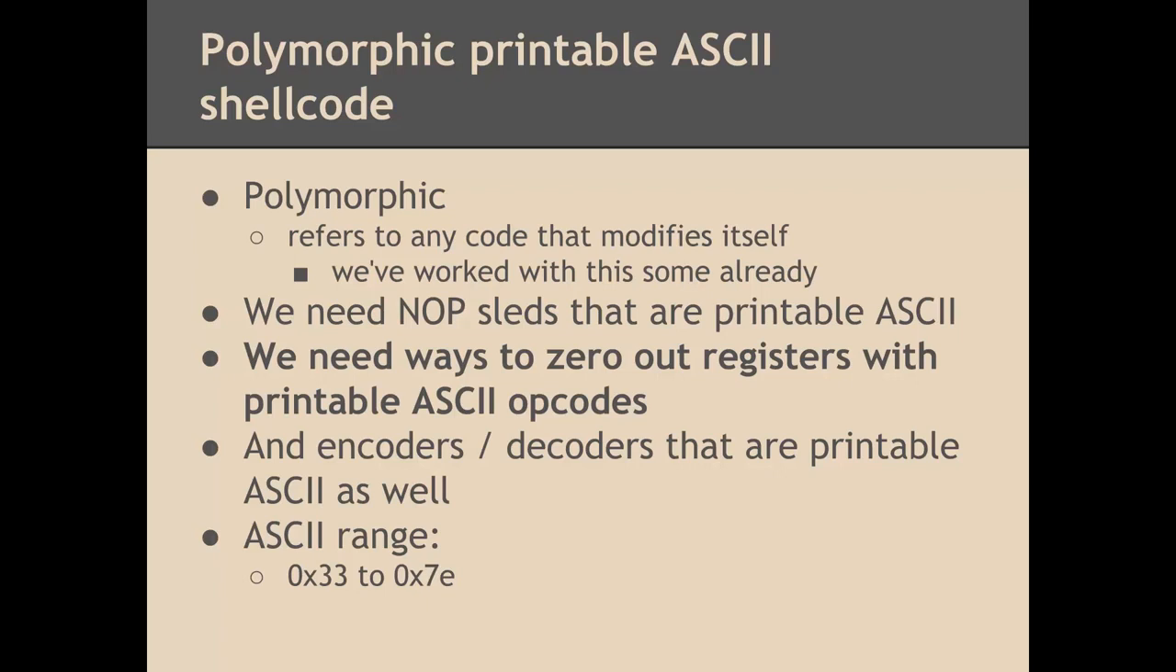And Metasploit has a number of encoders that work with this, and I've used them with a great deal of success. So effectively what you'd have is some NOP sled that would be printable ASCII, a way to point the processor to start running on that NOP sled, or other people call it a launchpad, a way to zero out the registers, and then assembly instructions that are in the ASCII range